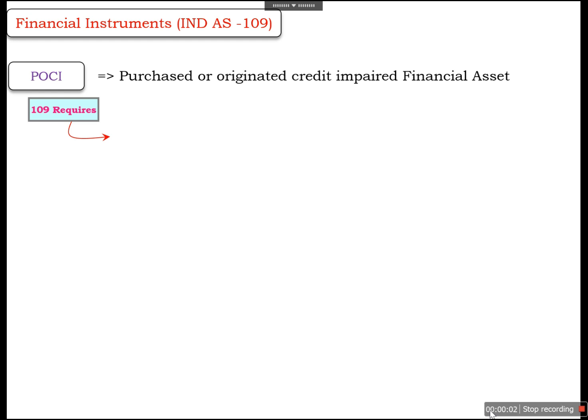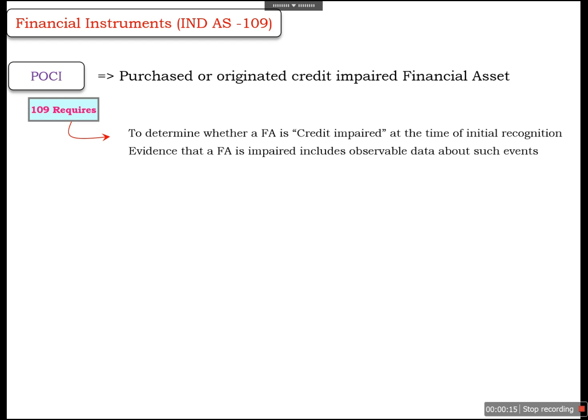In respect of purchased or originated credit impaired financial assets, Ind AS 109 requires an entity to determine whether a financial asset is credit impaired at the time of initial recognition. The evidence that a financial asset is impaired includes observable data about such events. So Ind AS 109 provides us the list of indicative events, based on which we can decide about the impairment of financial assets. Is there a significant financial difficulty of